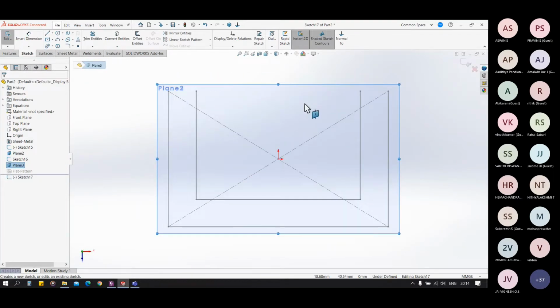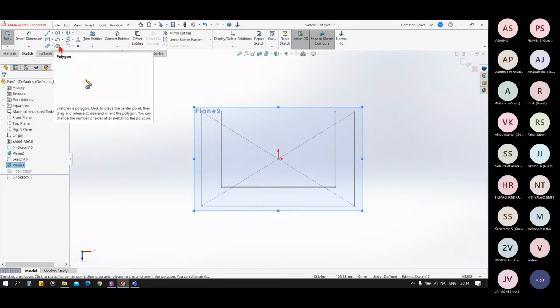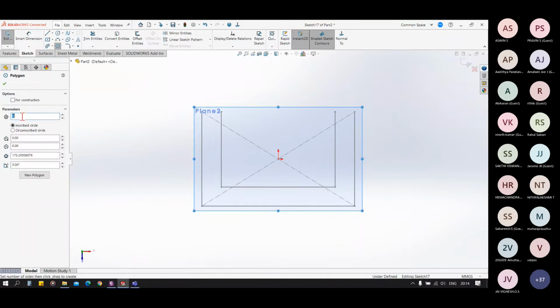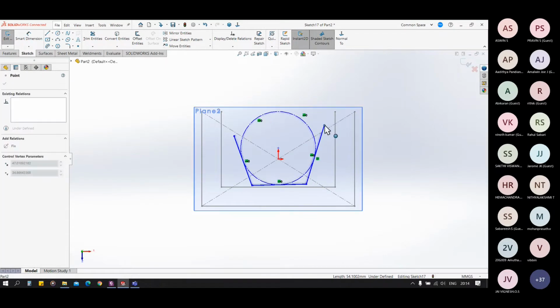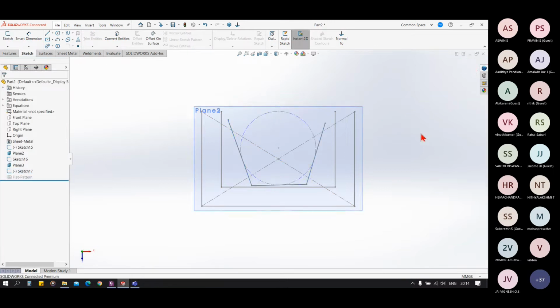We can have different geometries also, like suppose... again, remember one thing, always constrain your sketch.